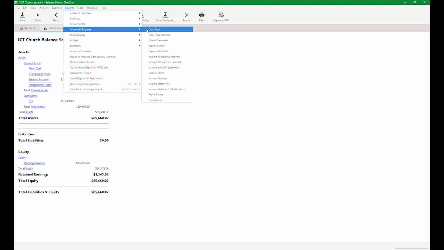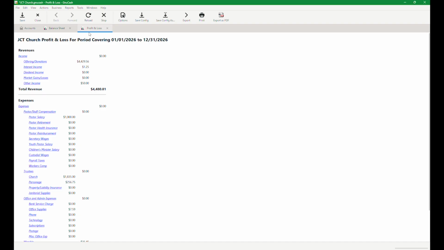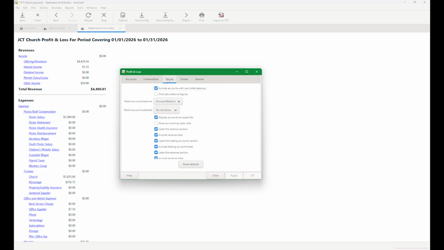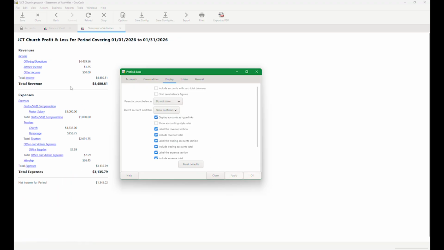Let's go ahead and look at the profit and loss. All right, and again, the default comes up as for the whole entire year. So let's go ahead and change my options to the end of this month. And I could change it then to statement of activities. And let's get rid of those. Show the subtotals and do not show those. All right, so